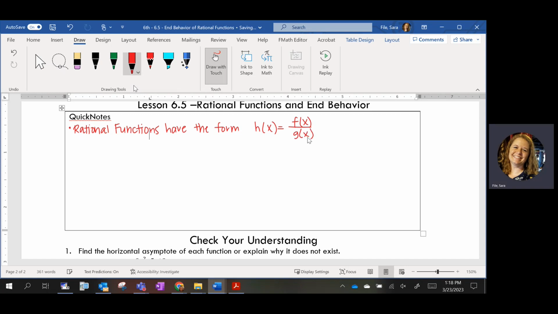Essentially a rational function, which we're calling h, is the quotient of 2 other functions, one function over another function. That's what makes it a rational function, where f and g are polynomials